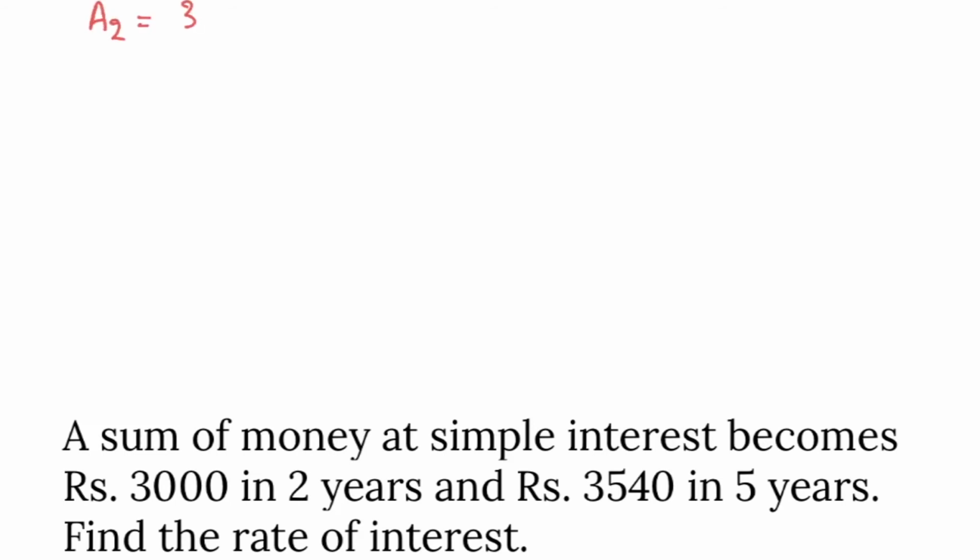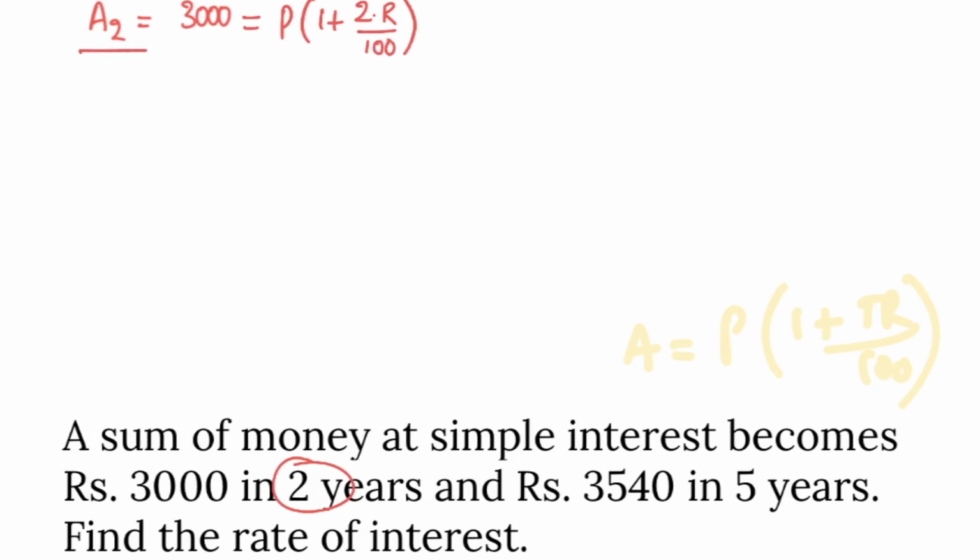It is 3,000, and we know the formula for finding amount: Amount is P into 1 plus TR by 100. So 3,000 rupees is P into 1 plus R by 100 times 2 years, divided by the amount for 5 years, that is